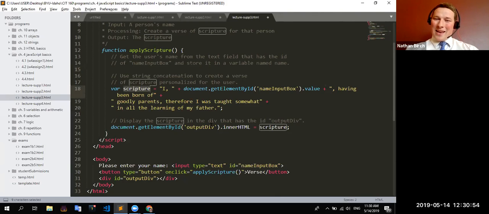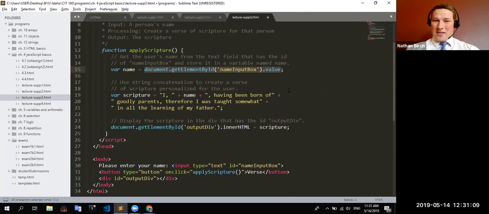Now, the reason why I didn't do that is because I feel like that mixes some of my logic together. In my mind, I'm thinking input, processing, output. What am I getting from the user? What do I need to do with it? And what am I displaying to the user? And that's how this was organized. We have our input right here, our processing, if you will, and then our output.